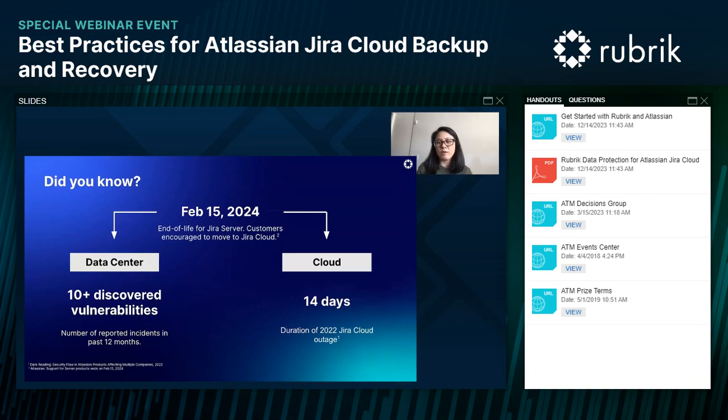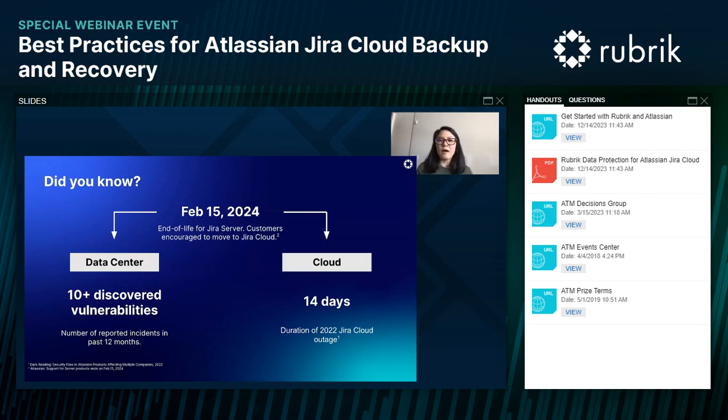On the cloud side, there was actually an event that happened in 2022 where a subset of customers experienced a Jira Cloud outage where they could not even access their Jira data and work and collaborate with their colleagues using Jira. So these are just some examples of customers potentially losing their data or putting their data at risk. And again, these are things that customers need to be thinking about because they can happen, unfortunately.